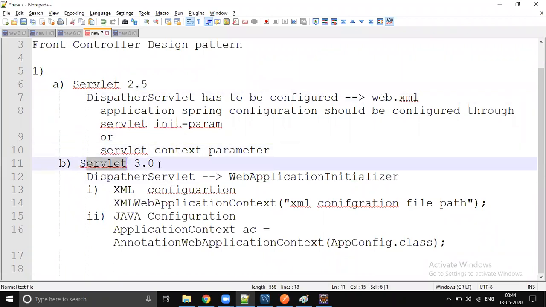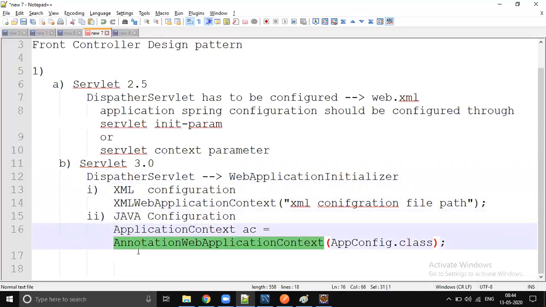When it comes to Servlet 3.0, the Spring configuration can be in two ways: XML configuration or Spring Java configuration. If it is an XML configuration, that has to be configured through XML web application context. If it is Java configuration, that has to be configured through annotation web application context.